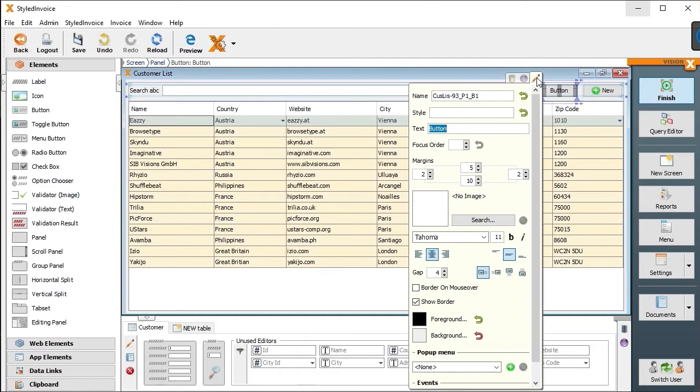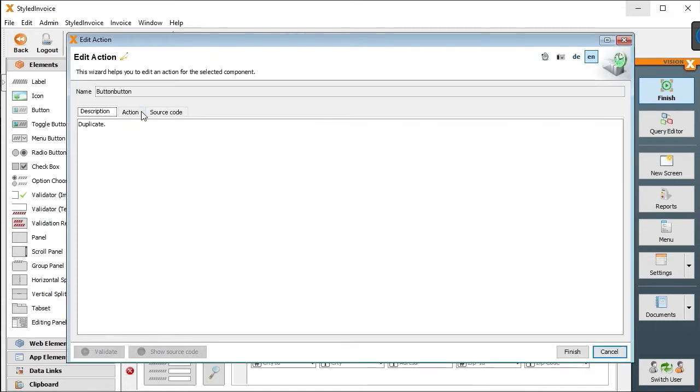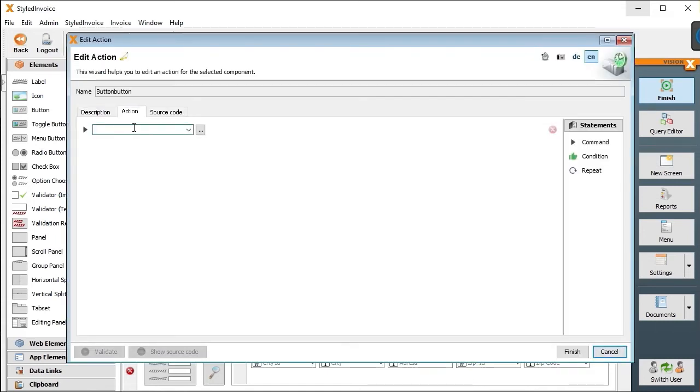I'll name the button Duplicate and assign an action to it. I select Duplicate Selected Record from the drop-down and choose the table in which I want to duplicate the selected row. But sometimes, after you have duplicated a row, you may want to set certain values in your new record